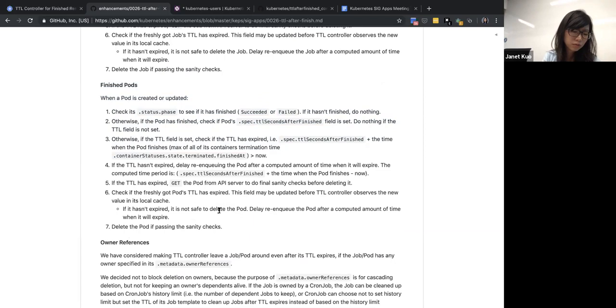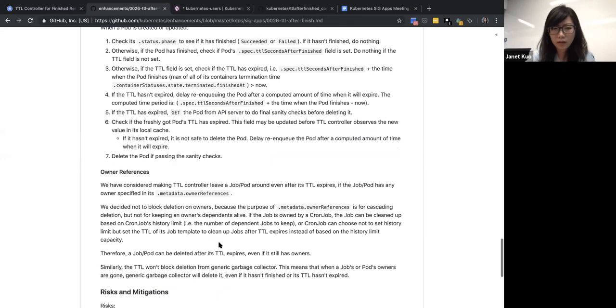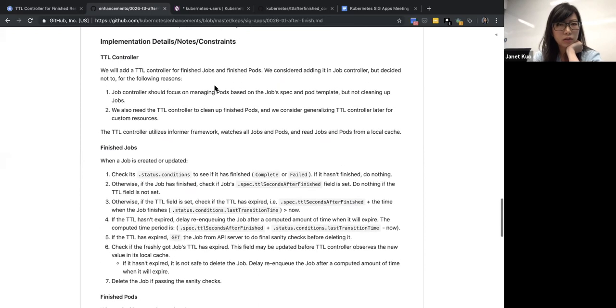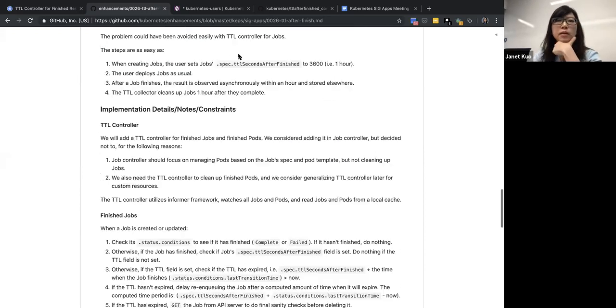And so the criteria for putting it in metadata is that if we want to support this feature for CRDs, then we probably want to put it in metadata. Or if we think that this is a feature that only jobs and pods need, then we'll just put it in spec. And I have some more details for the design in this KEP.